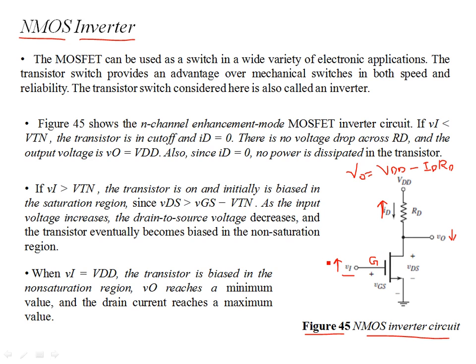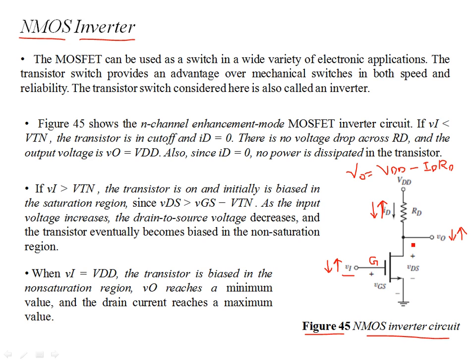If the input decreases, the current ID decreases, and V naught increases. So this is an inverter circuit. That's what we have discussed previously. As a switch in digital circuits and even in analog circuits, this NMOS configuration is used. For example, this RD could be a load, an electromagnetic coil, or whichever you want to switch. So the advantage is that these